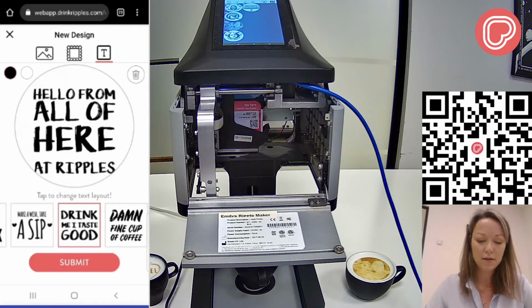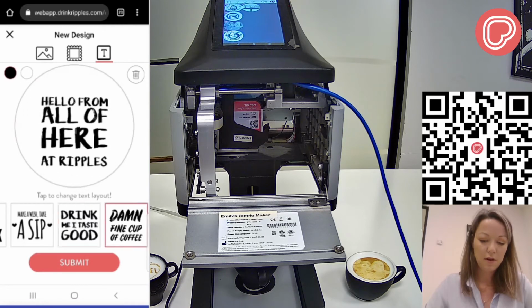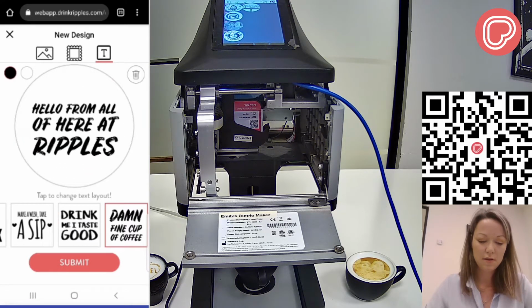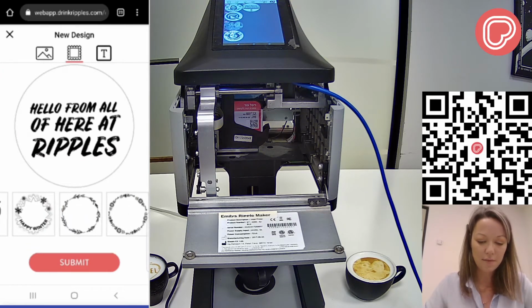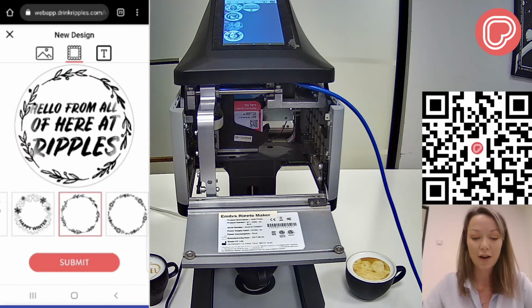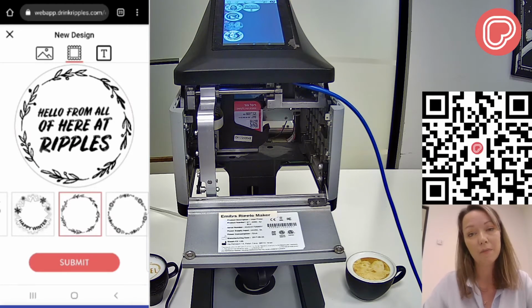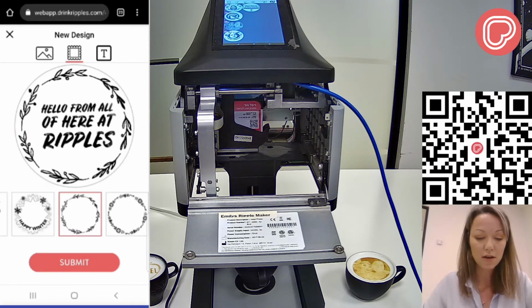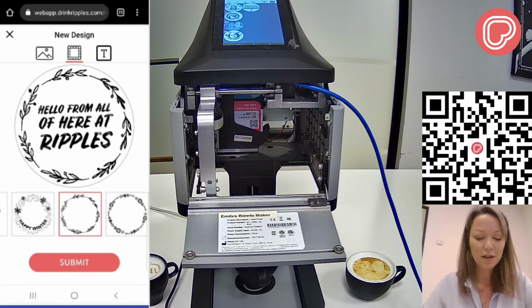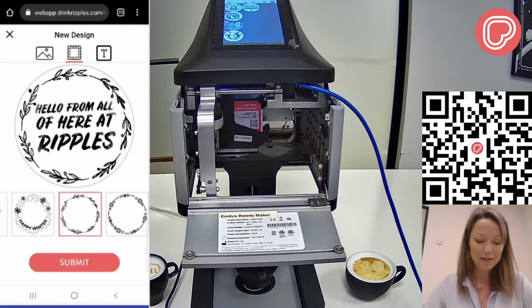And that one's pretty good. And I love this one. So once you're ready, you can of course add a frame. You can, like I said, add your own frames, and we're going to talk about that soon on the Ripples Cloud, about controlling the content on the app and the Ripple Maker, so you can get your branding and your messaging in front of your guests. So we're going to hit submit,